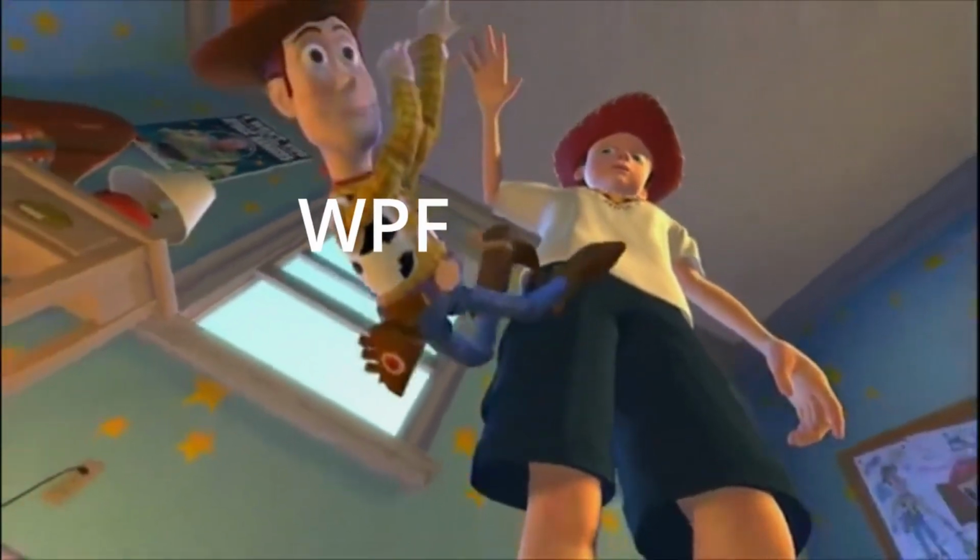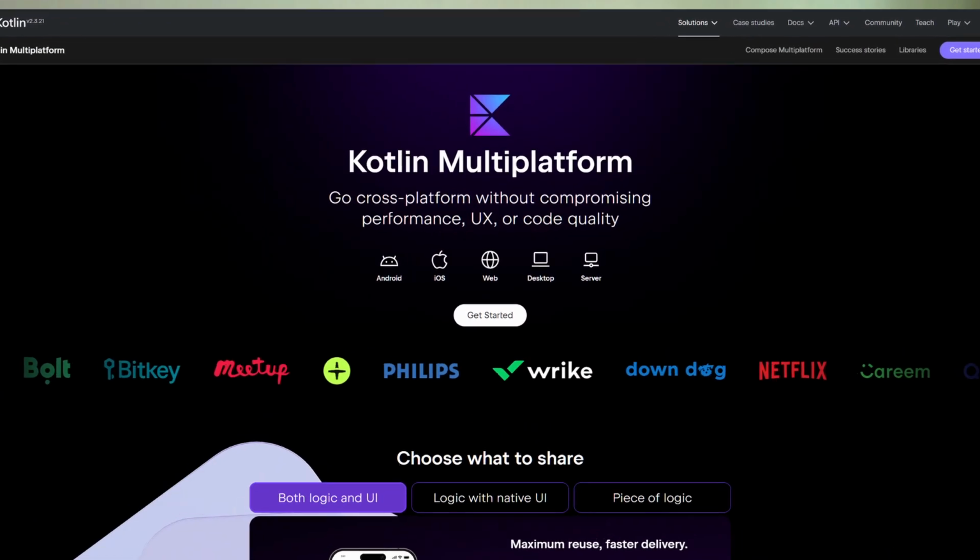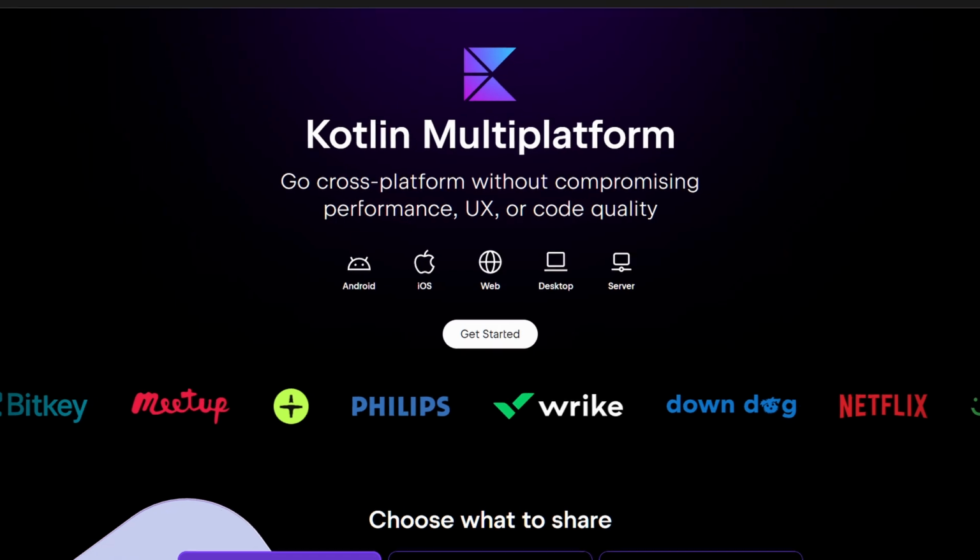So, back to it. I don't like WPF anymore. Kotlin and I are friends now, and I want to keep writing things in Kotlin. If only there was a framework which would allow me to write apps on mobile and desktop, and all of it was in Kotlin. This is literally what I was looking for all this time. Finally, a framework I would enjoy, and this time, the third time, I would actually do it right.